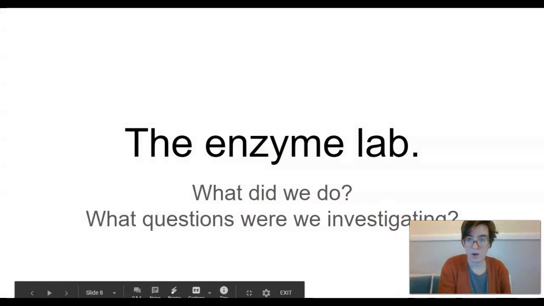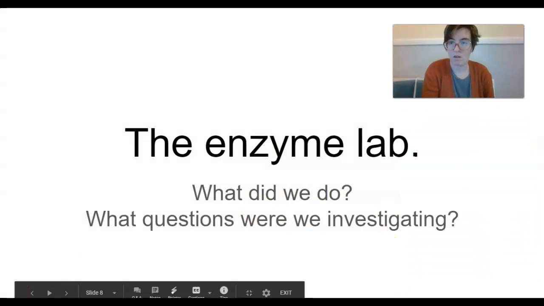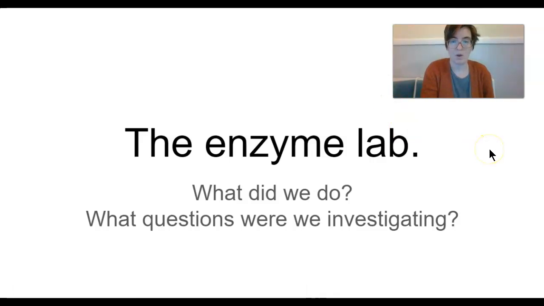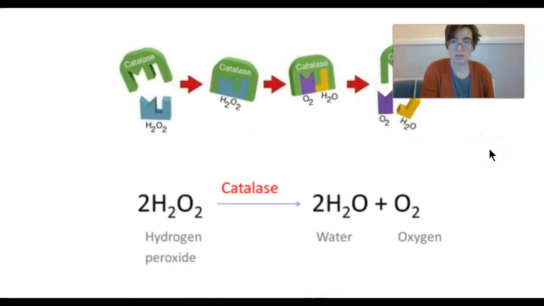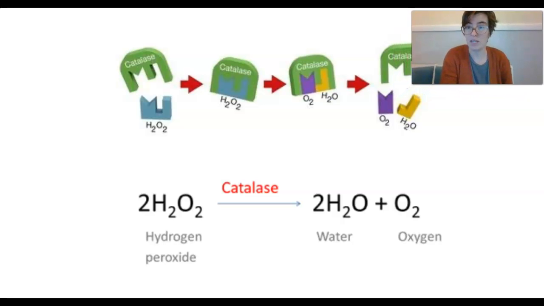So first, let's remember what this lab was even all about. We were looking at catalase enzyme. We got our catalase enzyme from yeast. Catalase breaks down hydrogen peroxide, which is made as a waste product in cells. So almost all living things make catalase enzyme in order to break down hydrogen peroxide because it's actually harmful to